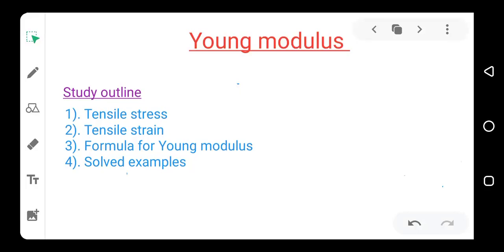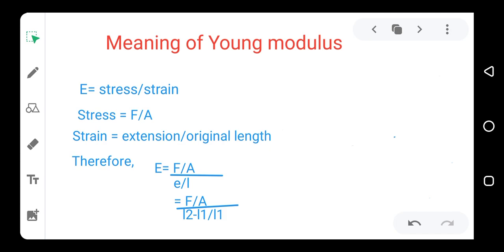Young modulus is defined as the ratio of stress to strain in an object. Stress actually means the force that is acting per cross-sectional area in an object. What I mean by this is that when you apply a force to a particular object, the force that is acting per cross-sectional area is what we call the